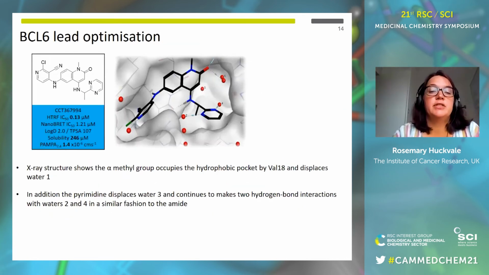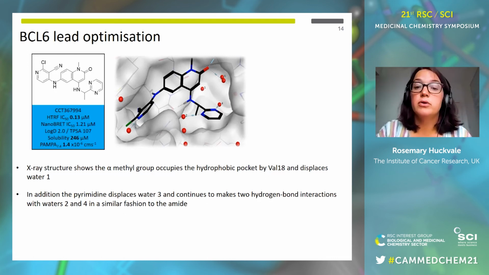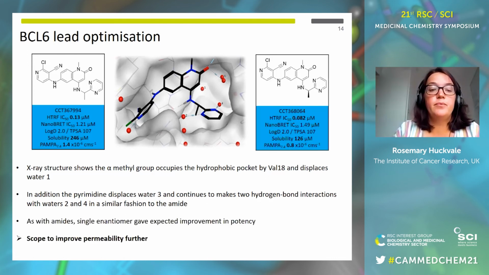The X-ray of this shows that the alpha methyl group occupies the hydrophobic pocket, and we've displaced water 1. In addition, we've displaced water 3, and we've got 2 hydrogen bond interactions with water 2 and water 4. As with the amides, the single enantiomer gave an expected improvement in potency, but there was still scope to improve